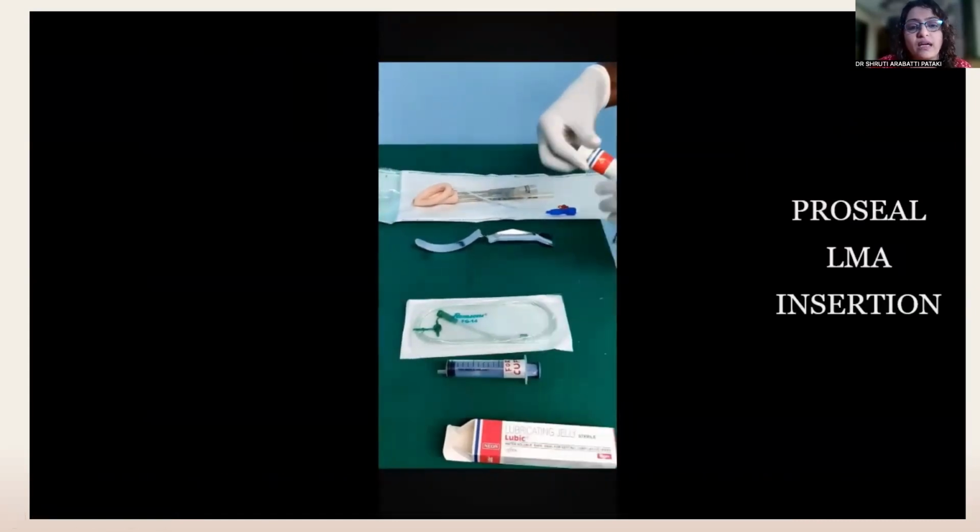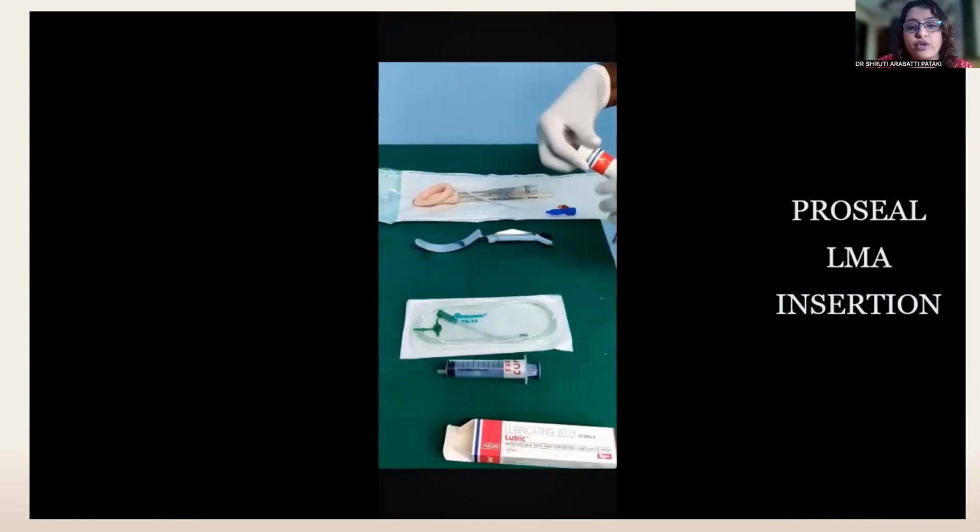One thing I'd like to clarify is that the sniffing the morning air position is great for all LMAs. But if you are suspecting a cervical spine injury, or there are cervical spine mobilization difficulties or immobility for some reason, then it's perfectly all right. In fact, LMAs are meant for rescue where cervical spine mobility is in question. You can insert it as easily.